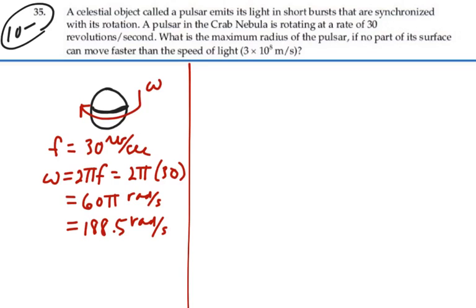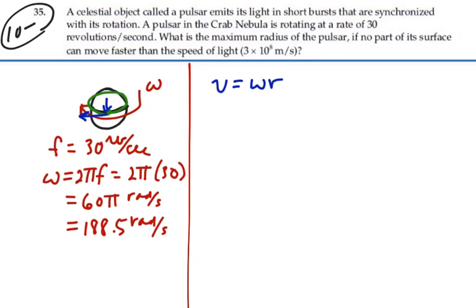Now if we're considering a point that is moving the furthest distance around every revolution, that would be a point right on the equator of the spherical object. So it's moving around a full circumference every rotation, and hence the linear velocity of that point is going to be equal to the angular velocity times the radius to that point, the radius of the pulsar